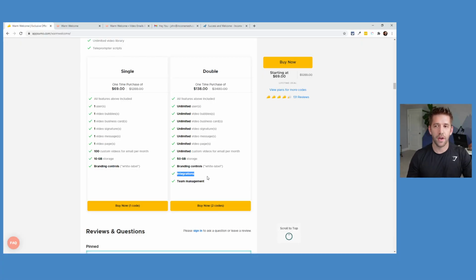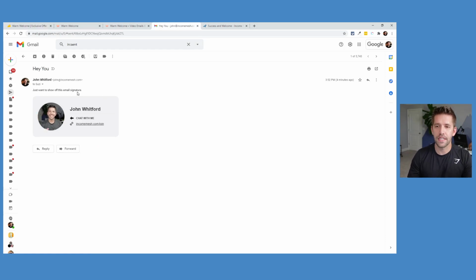All right. So before we dive into the tool itself, let me show you the output of how I've already started to implement it in my business. I'll show you 2 of the applications, and we'll set up the third as we go. All right, so application number 1, pretty standard, we all expect to see this, is the business card. And we don't all expect to see this, but I think more and more this is becoming a very awesome and widespread application. So I just sent an email to my wife, not actually a client here, but